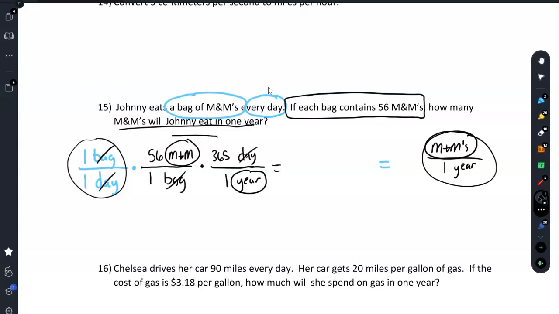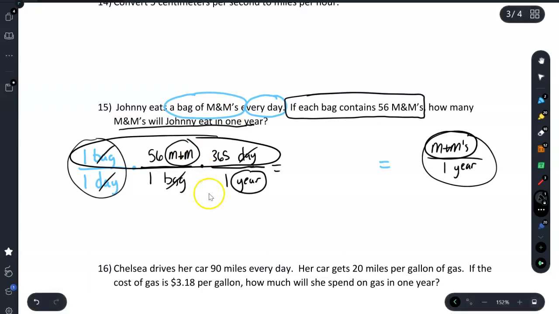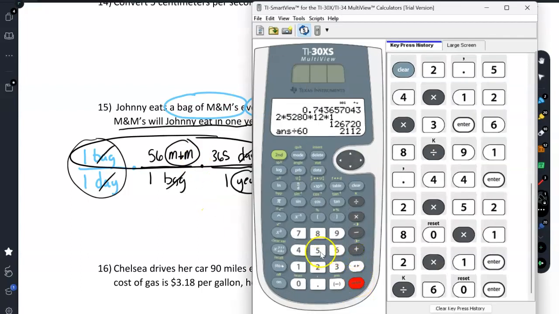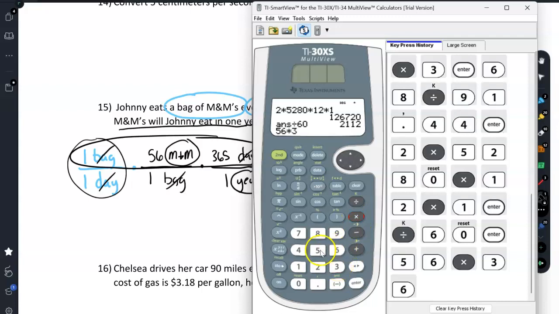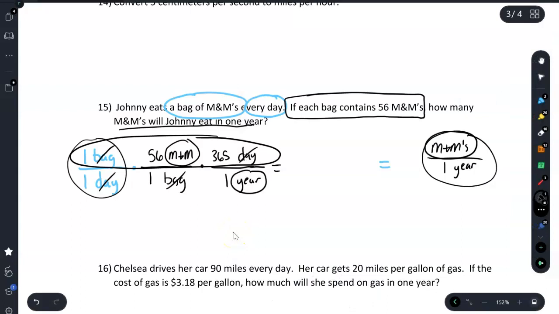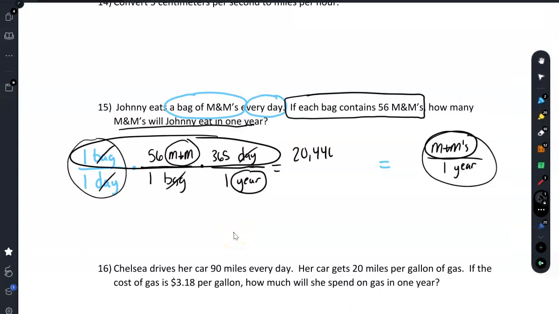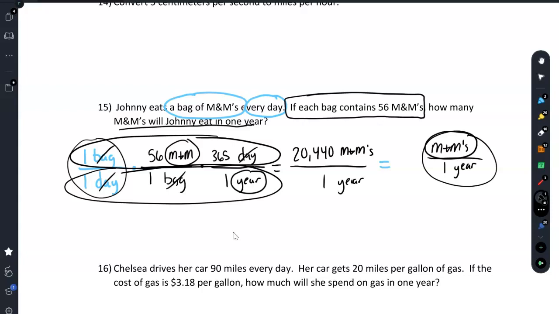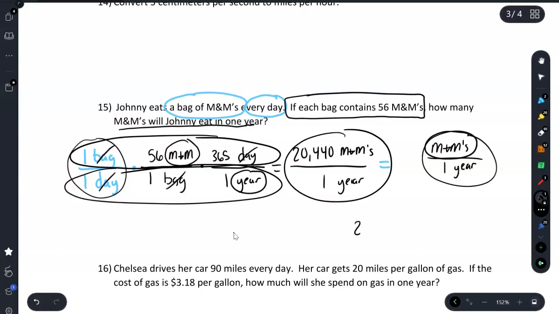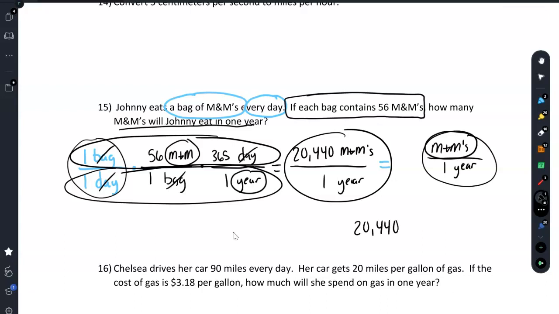So now I just multiply across the top. 1 times 56 times 365. And I get 20,440. 20,440, and this would be M&Ms. And on bottom, 1 times 1 times 1 would be 1, and that was year. So I would do that division, but since I'm dividing by 1, it doesn't change anything. So Johnny eats 20,440 M&Ms